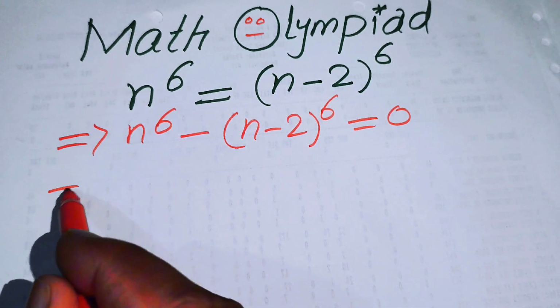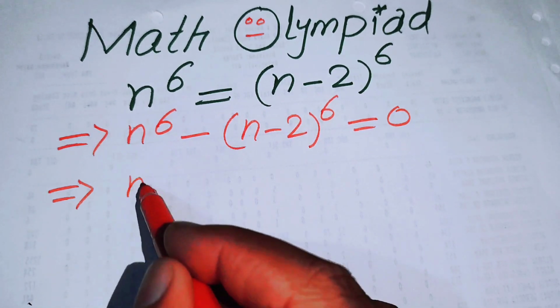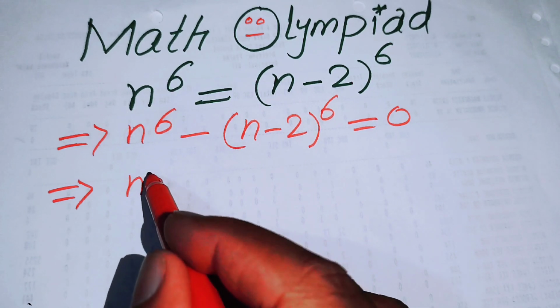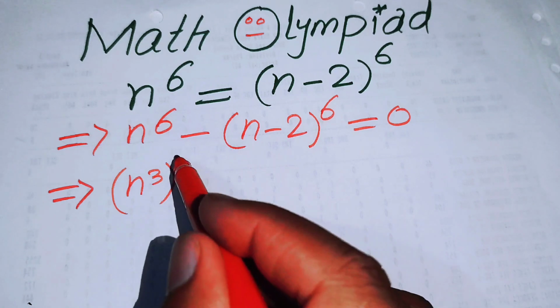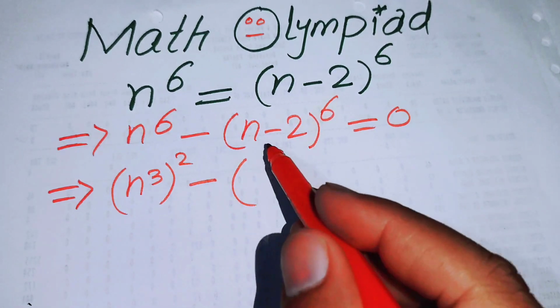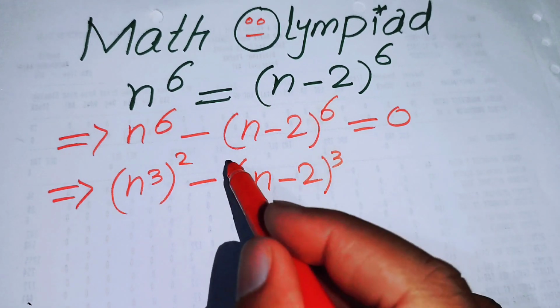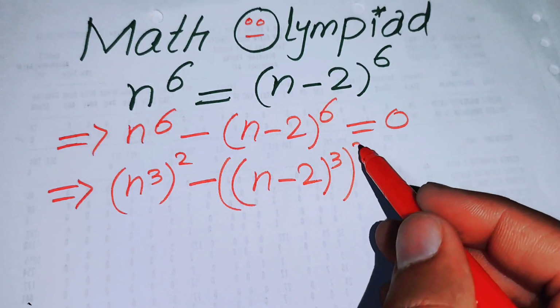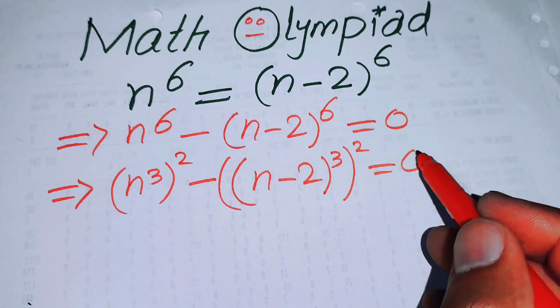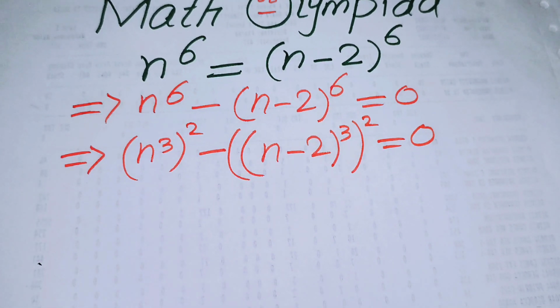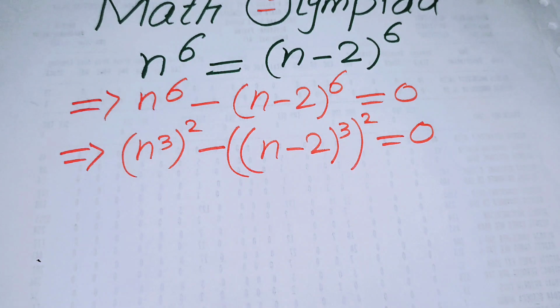After this step we will rearrange the terms, and we can rewrite it as (n to the power of 3) whole squared, minus, here we write this term as (n minus 2) cubed and its whole squared, is equal to 0. After that, you can see here we have a squared minus b squared,